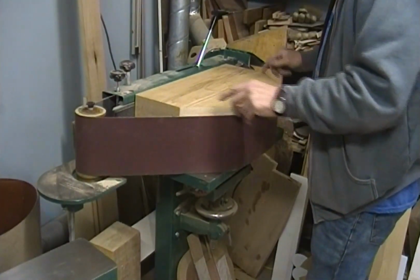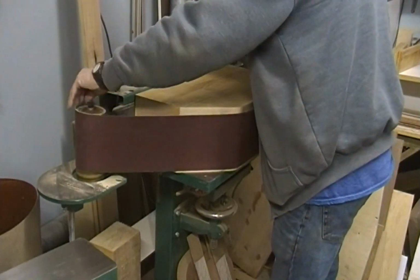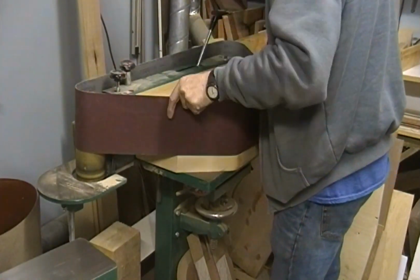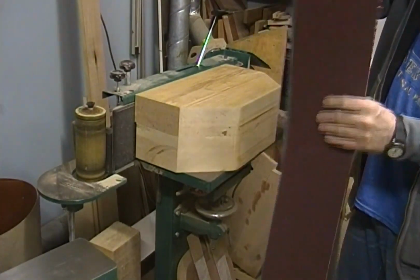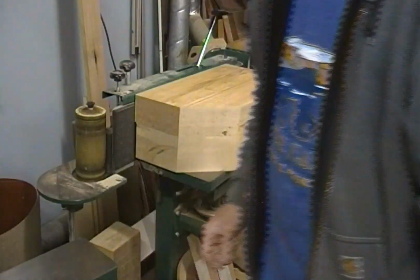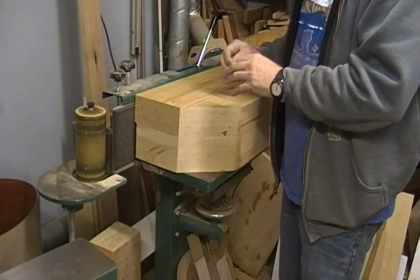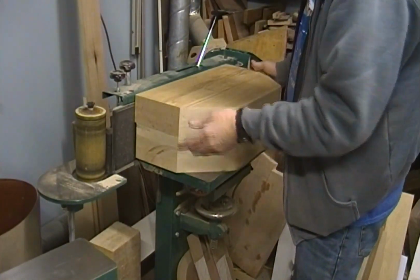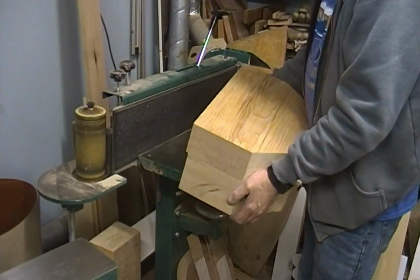This is the Grizzly sander, a 6x80 Grizzly sander, which is just an edge sander. I initially bought it because I had a cabinet shop, and I would do that sort of thing then. But it's the same sander that they use when you buy their fretboard radiusing jig. I made a fretboard radiusing jig of my own, and it involves